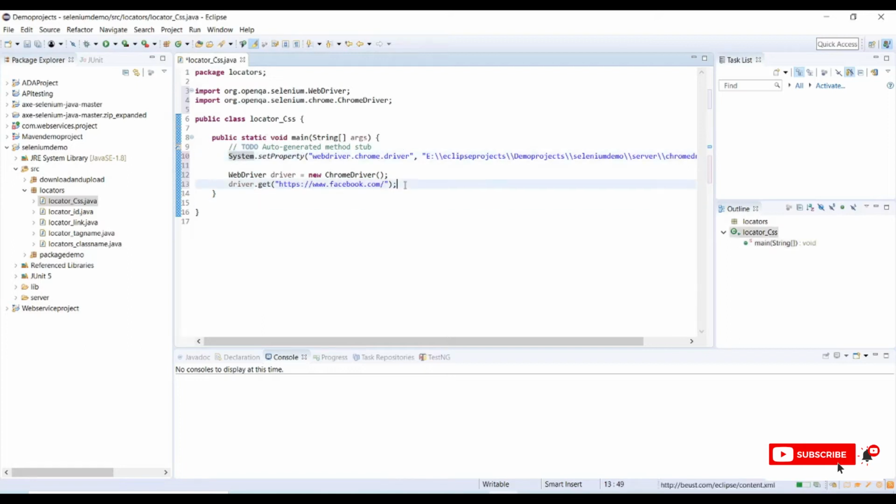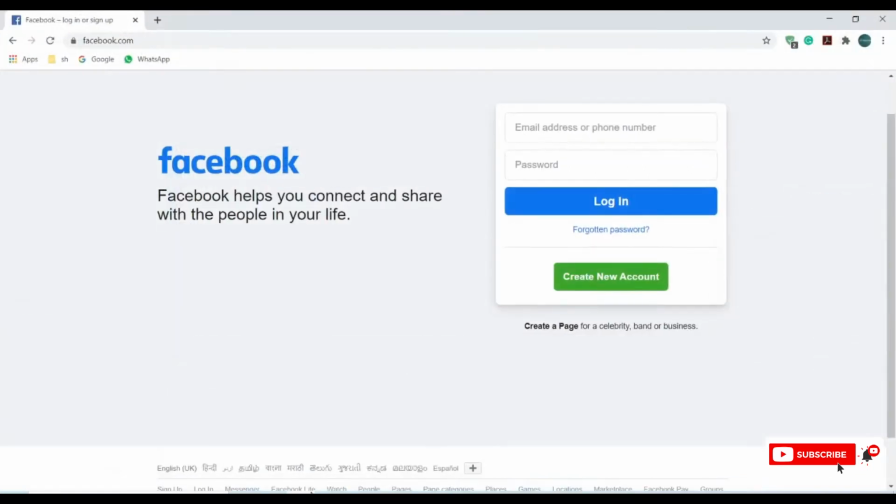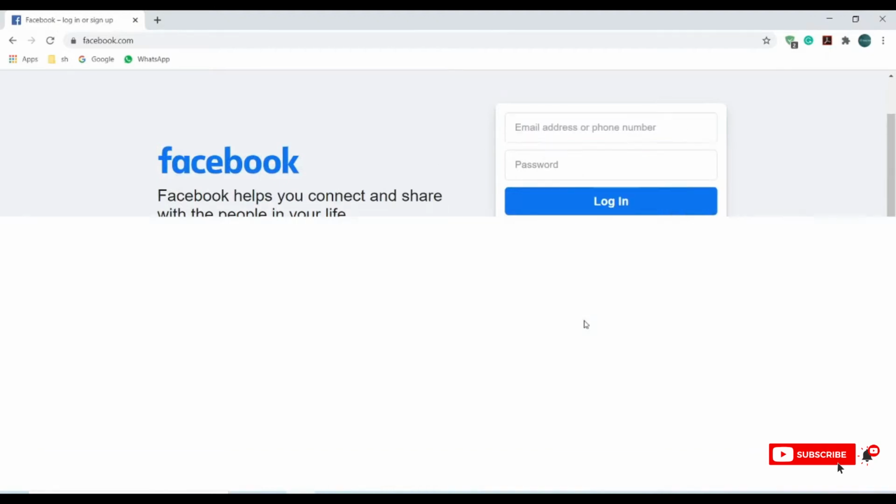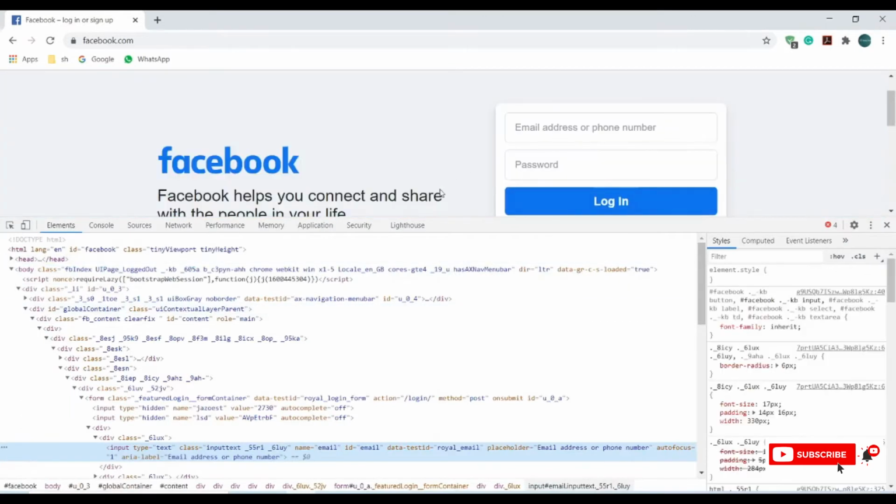We are calling a URL which is facebook.com. So let's open my Chrome browser and we'll see how we can find one of the selectors for ID. So inspect the username, the email address field, right click and go to inspect.